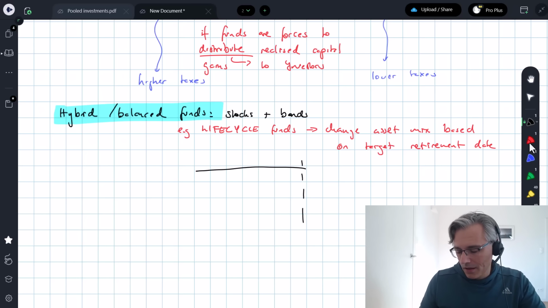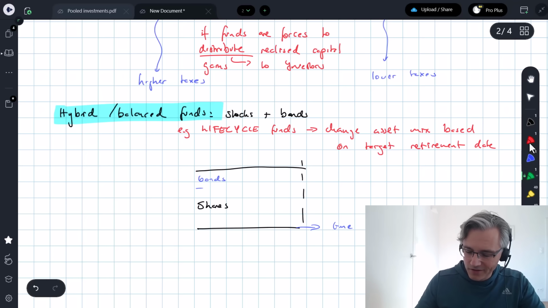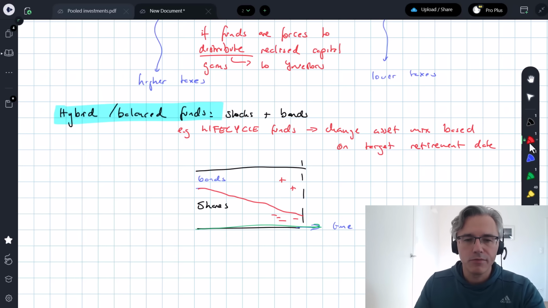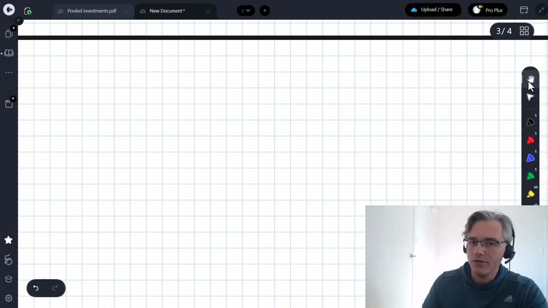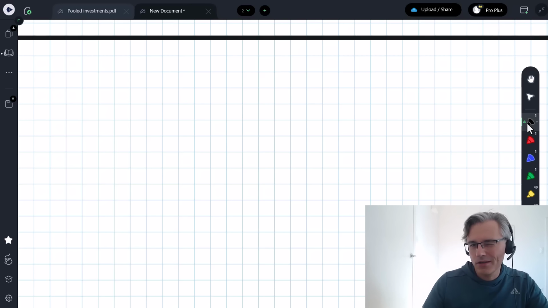And the further we are from that target retirement date, typically the more shares the portfolio will hold, and the proportion of bonds, the safer instrument, will be lower. But as time flies by, the proportion of shares in the portfolio will get smaller, and the proportion of bonds will increase to reflect that as you get closer to retirement, you probably want a more conservative portfolio so as not to endanger its value too much. Okay, I think lifecycle funds is a good one to know potentially for a theoretical